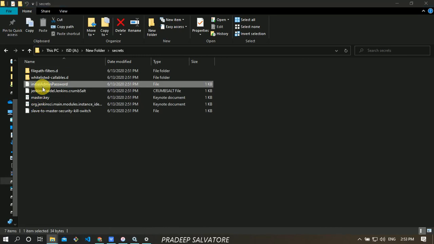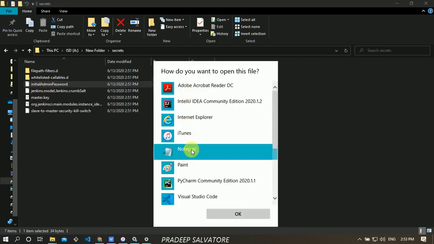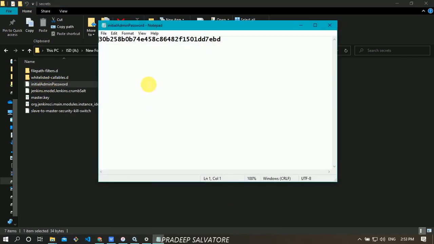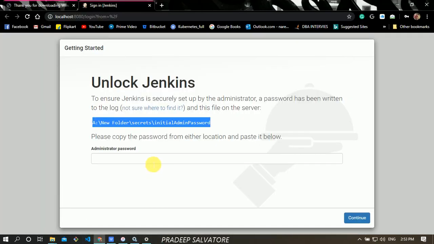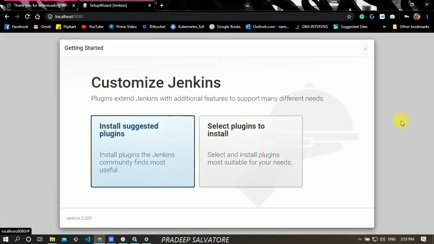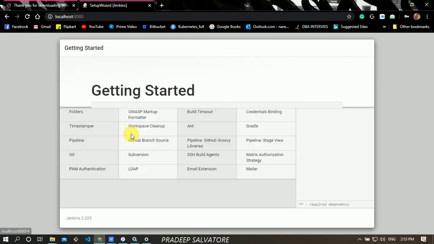We need to open this and you will get the password. Later on you can change your password, or you can use the same password every time you log in. Once it is done, it will ask to install suggested plugins. You need to do this.